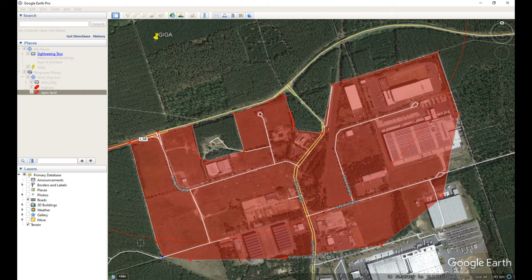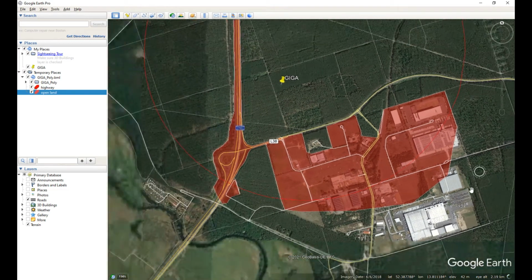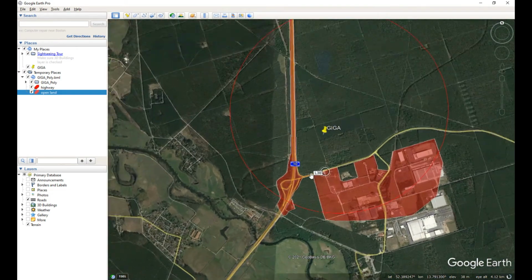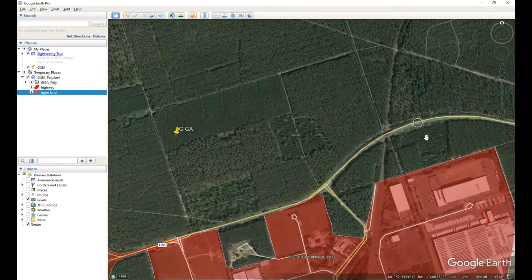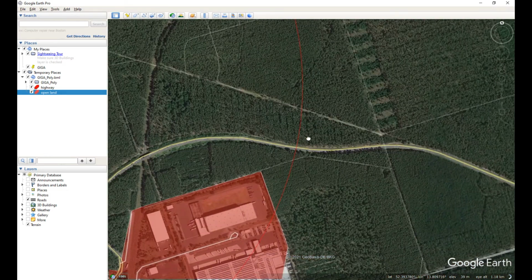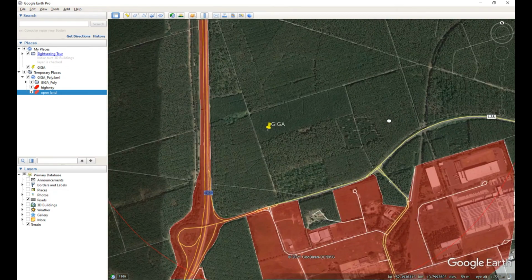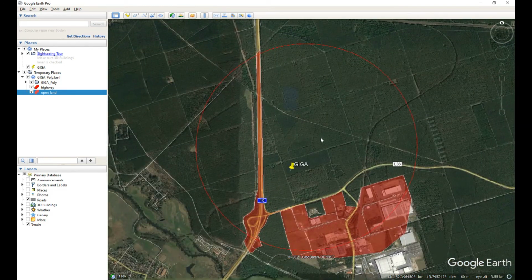And I just need to capture to the extent of the circle, because everything that is outside of the circle is going to be excluded from my final layer in any event. So I can say OK. And I now have captured the highway, the open land that isn't trees or plantation, and then this section. Now, strictly speaking, I should also capture this road, but to try and speed things up, I'm going to ignore that and just use these 3 layers as my